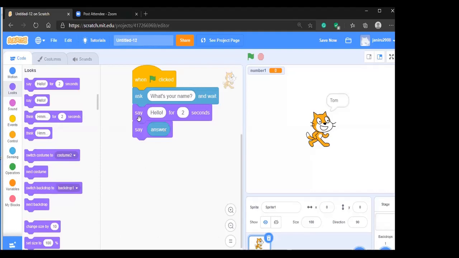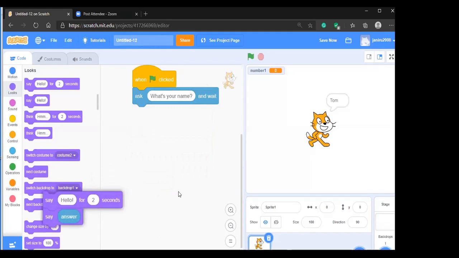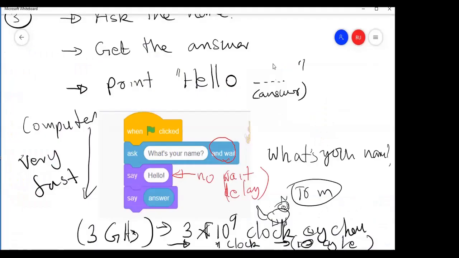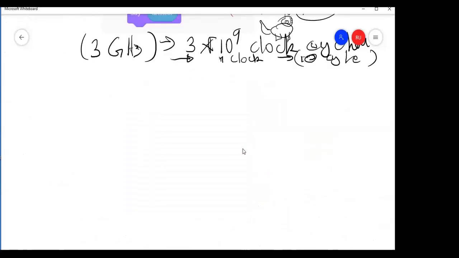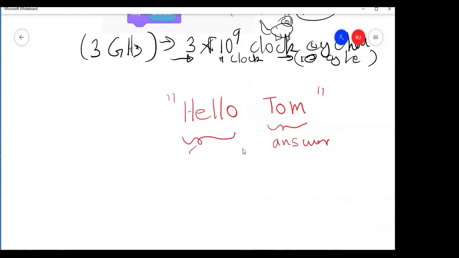So what I want is to print hello Tom. This is my answer, and this is another string, we call it strings or text.